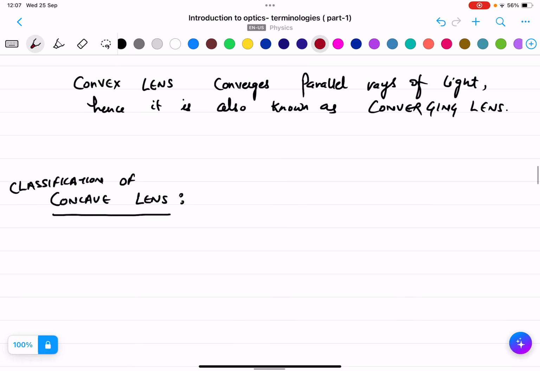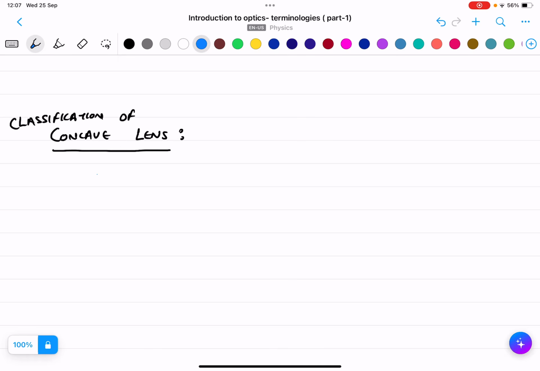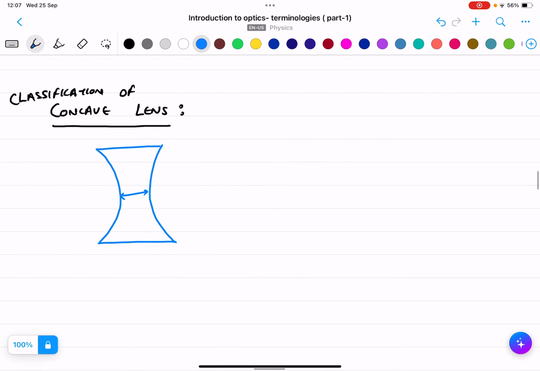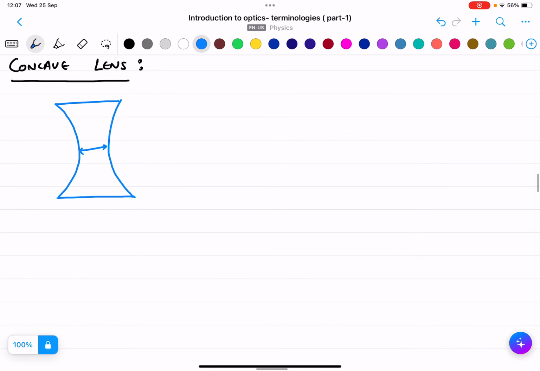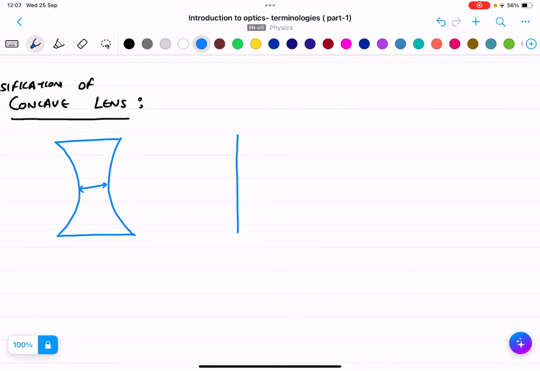Now come to the concave lens. Always remember what is concave lens. I told you it is thin at the middle and thick at the edges. So you can see that it is thin in the middle and thicker at the edges. So there are again three. This is a normal concave lens. Another one is like this, like we have studied in convex lens also. And the another one is